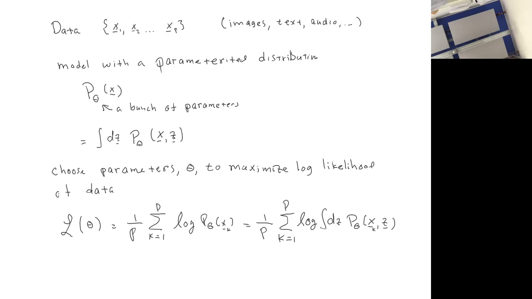This quantity here is really complicated, it turns out. Computing this integral, even if you parameterize the model with a deep network, is hard. So whenever you see a log of an integral, it's a classic situation: people use a variational bound. Once you get used to it, it becomes second nature eventually.